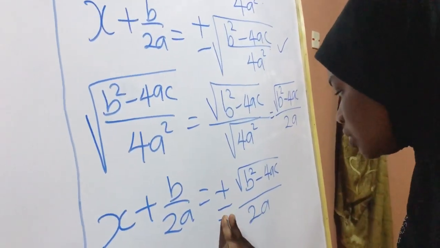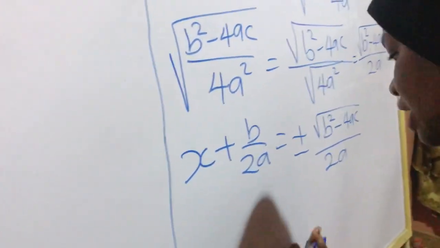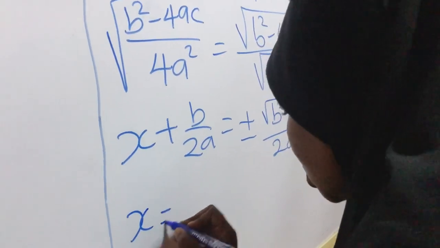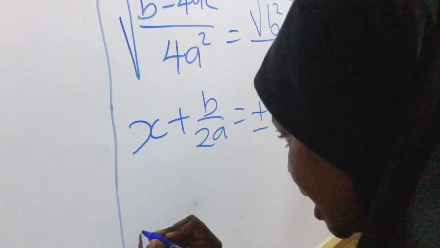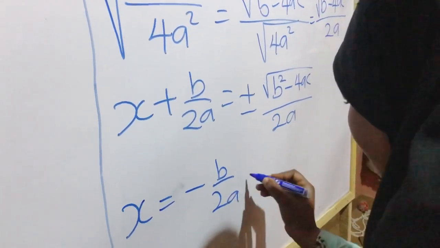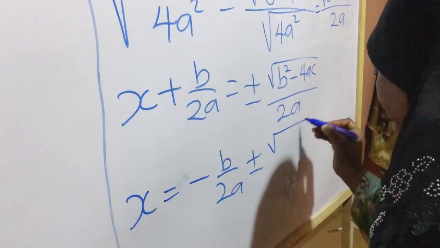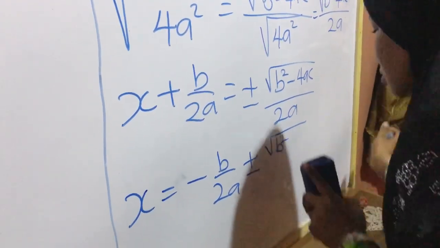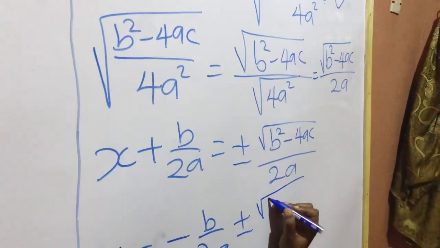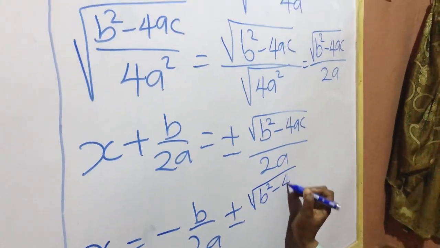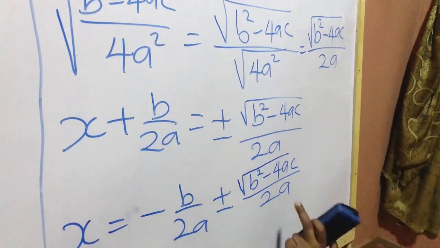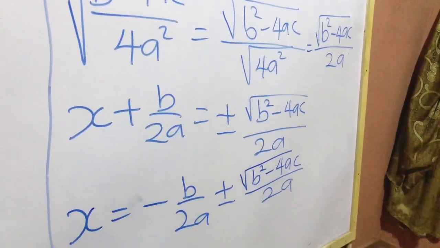Now it is x that we are looking for, so we need to make x the subject of the formula. x is equal to minus b over 2a plus or minus root b squared minus 4ac over 2a. You can see that they have the same denominator,